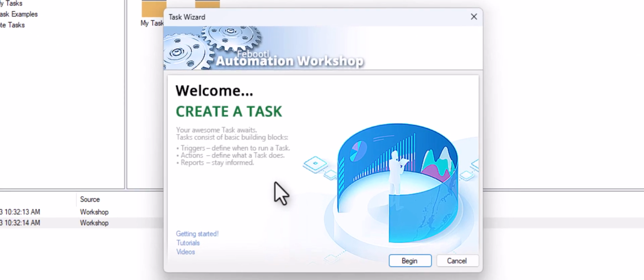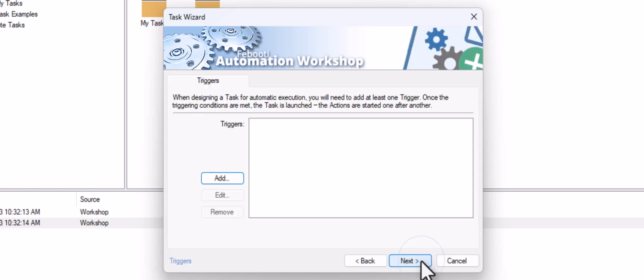Workflows or tasks are created using the Task Creation Wizard, a tool that guides you through all the necessary steps. The whole process is quick and easy, and it doesn't require any programming knowledge.